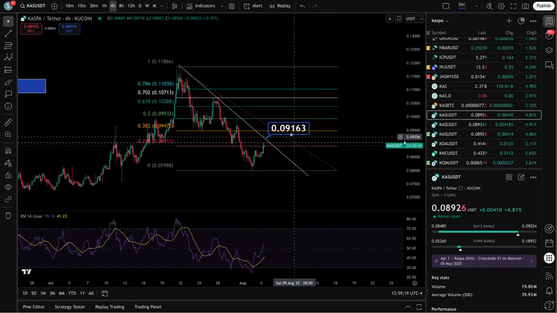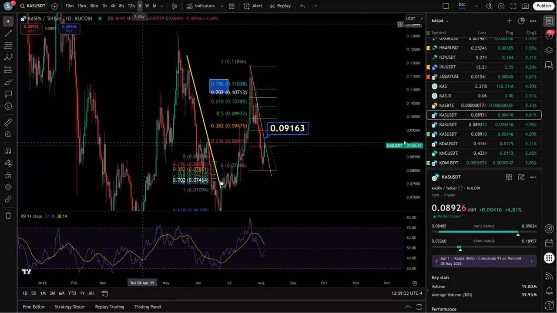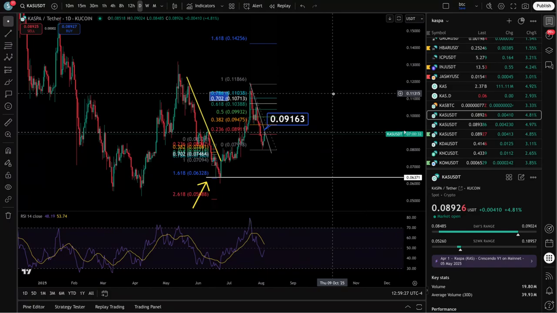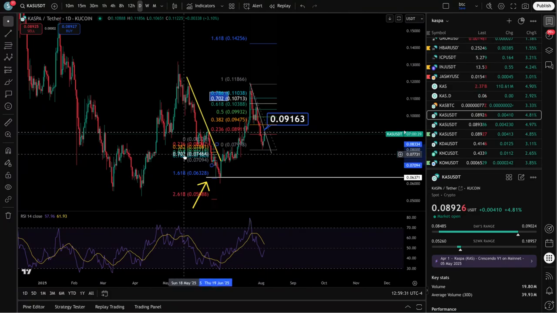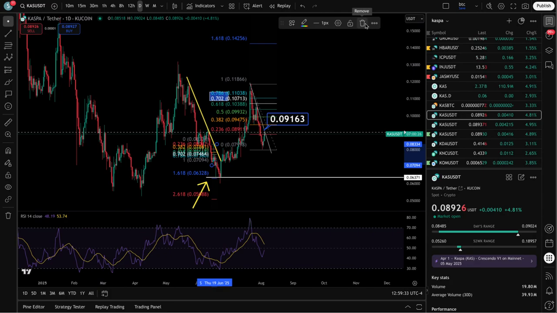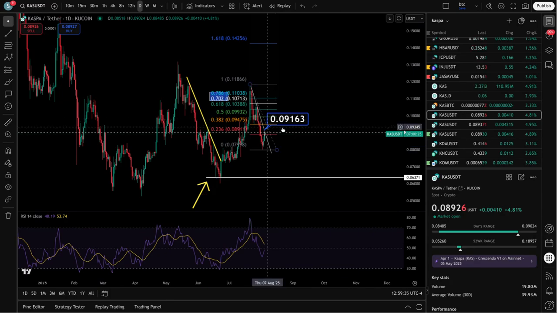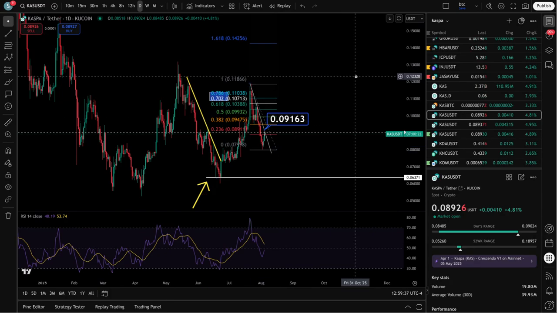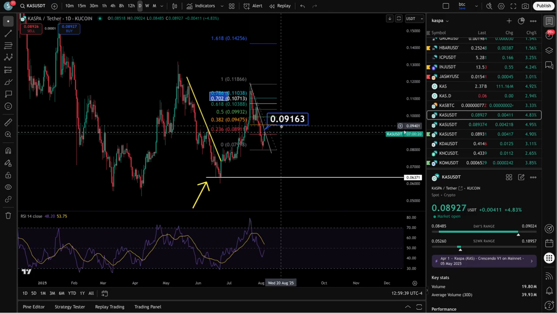Alright, so we'll check back maybe in a day or two here, see what happens. That daily RSI heading to the upside looks good. We could have, this could turn out being a pretty decent move if it gets that break. That's what we're going to be watching for here, though. That's the first big move. Want to see a break of like 0.092. Alright, if we get a break of that, this could end up turning out